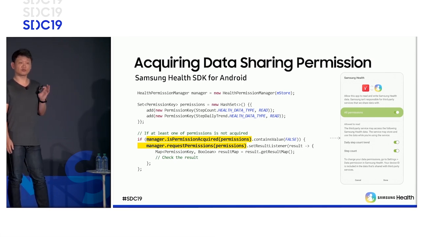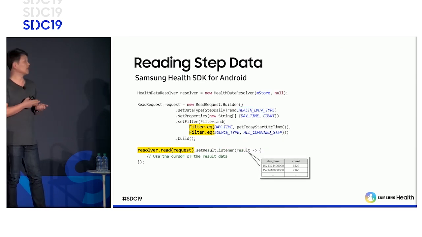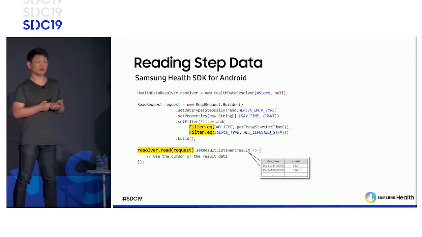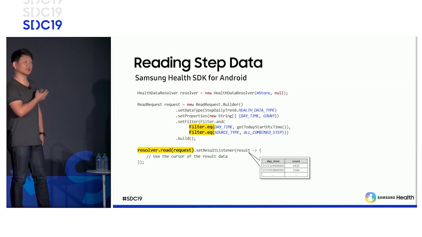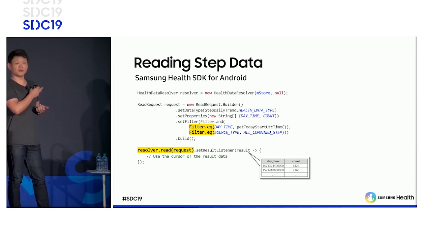However, the user can change the permission, so you have to check if the permission is granted or not before reading the user's health data. And then you can read the user's health data. Here is a code example to get 2 days of step data. Simple. You just call the read request API with the data type to be read. You can apply filters to get only the ones you want. This code has 2 filters. The first filter is the date, today, and the second filter is the source type,